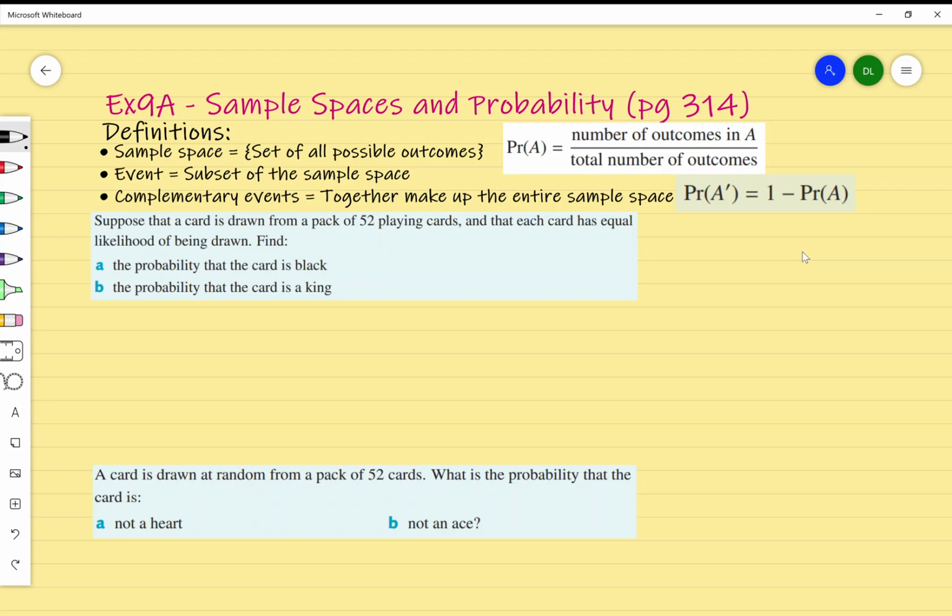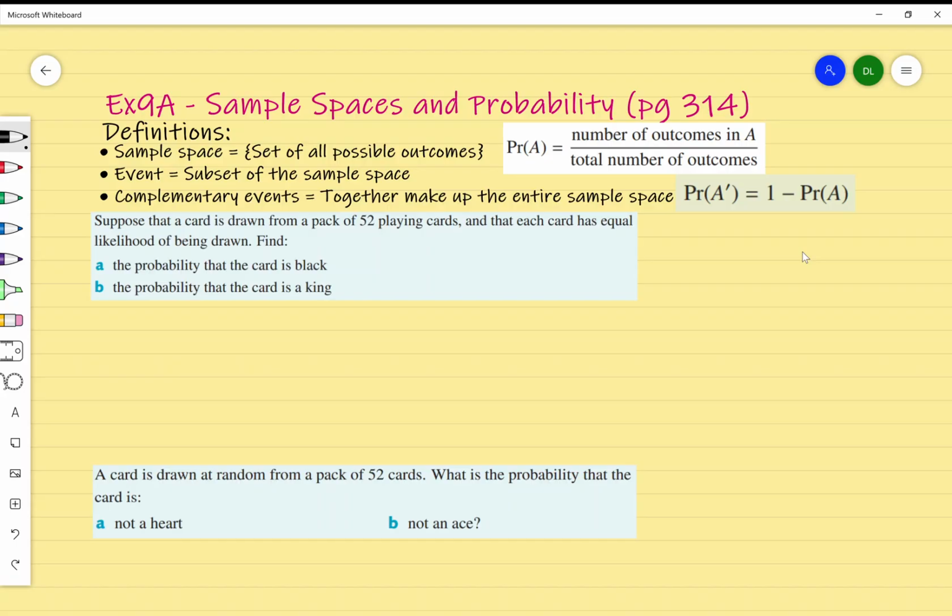Today we'll be covering and introducing exercise 9A on sample spaces and probability on page 314 of your textbook. Now I understand it might seem a little bit like we're going too quickly regarding content, but chapter 9 is probability. Exercise 9A is a lot of revision from stuff you've completed over last year or even in year 7. So some of it's stuff you guys already know, and hopefully you guys can apply that level of understanding in